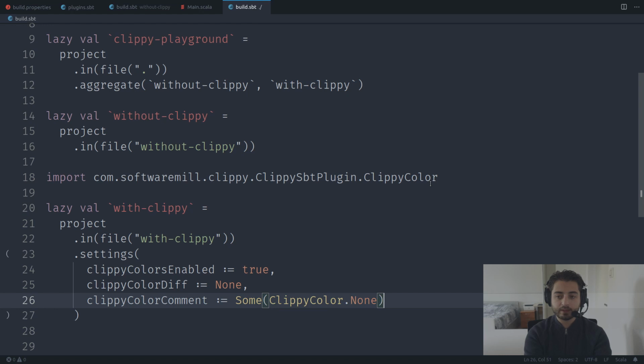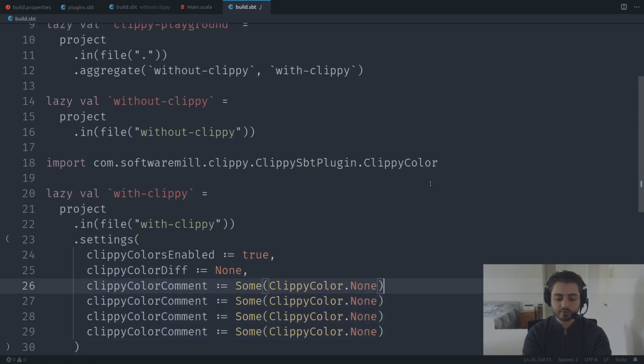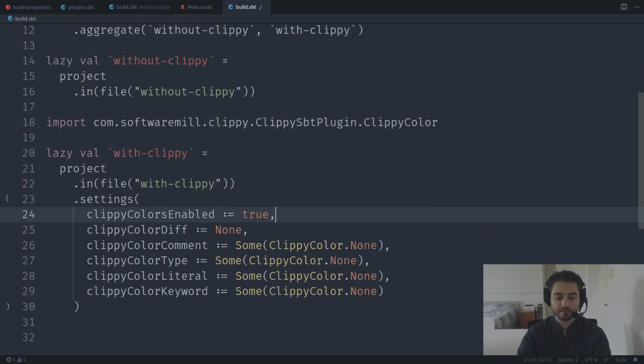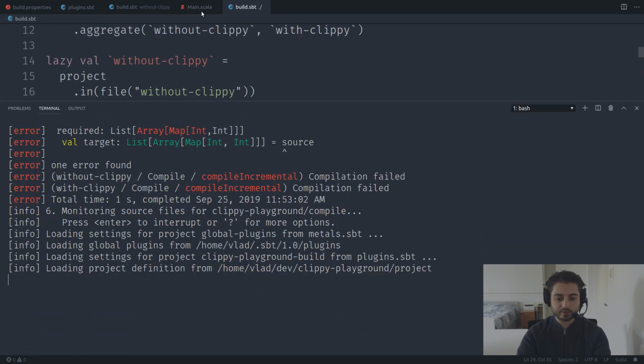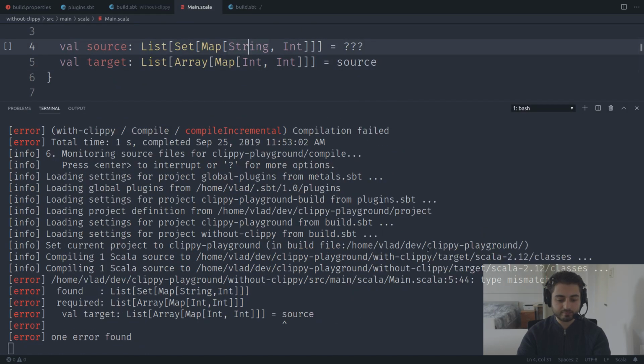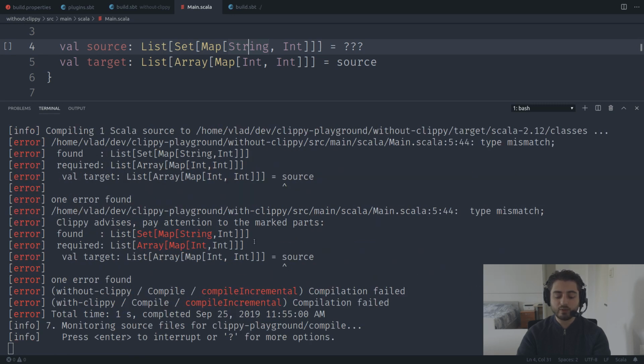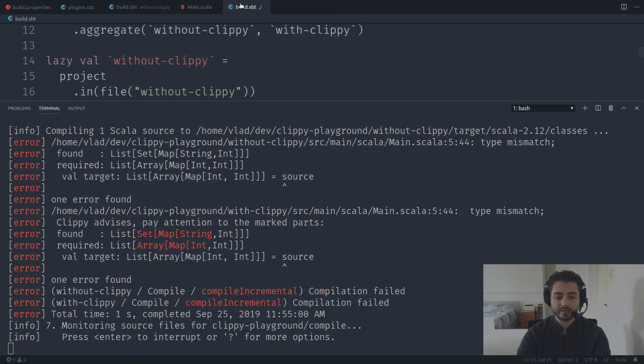Okay, so now we're going to do this 4 times. Forgot the comma, because we have the comment, we have the type, we have the literal like this, and we also have the, okay, so now it worked. And now we also have the keyword. So now all of them are none, and we're going to save that. We're going to look into our console. Maybe we need to save the, oh, it actually managed. All right, so now we actually see only the error message,